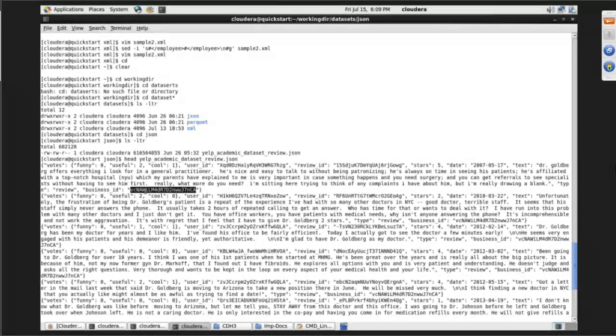Now, what I wanted to do is load this data into Hive and do some querying on top of Hive. But how do I load it on top of Hive? How do we load JSON data into a Hive table? So that's something